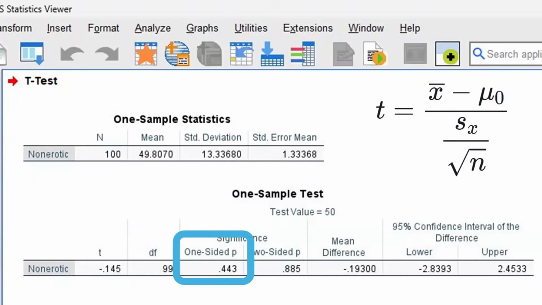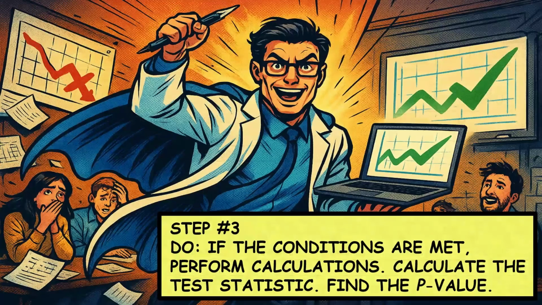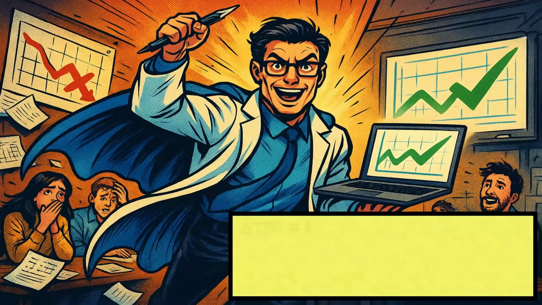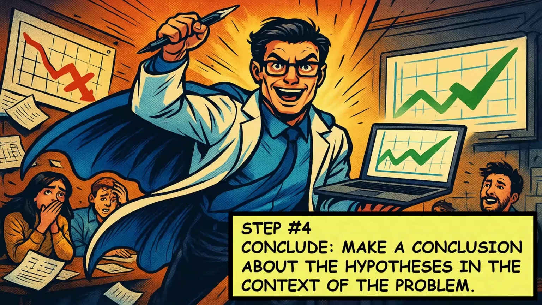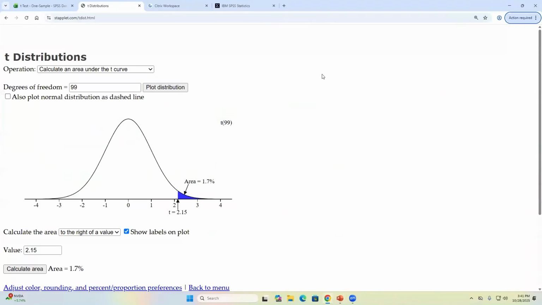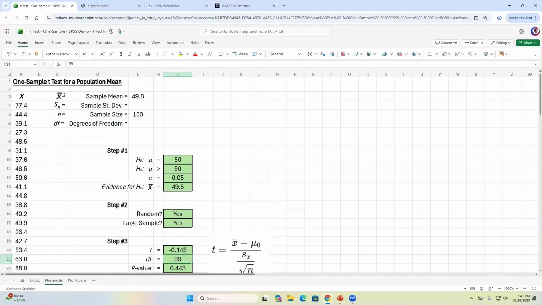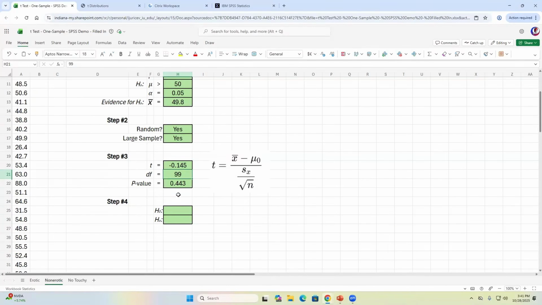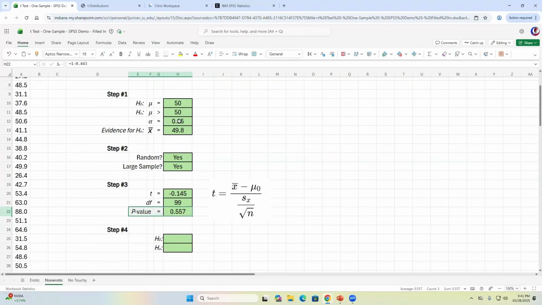All right, so let's wrap this up. So we did the calculations, we found that p-value. Next thing we need to do is make a conclusion about the hypothesis in the context of the problem. So for this, we go back to our Excel sheet for the non-erotic images, and we now have a p-value. Let's get that correct p-value in there. All right, so now we have a p-value here, and this p-value is greater than our alpha level. Because it's greater than our alpha level, we fail to